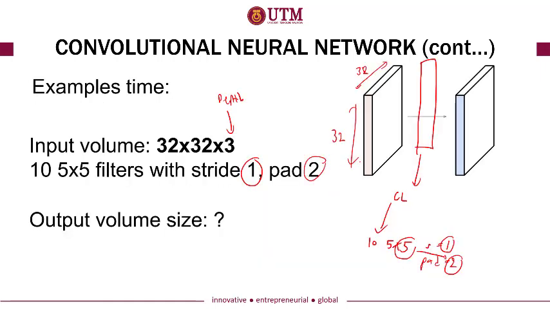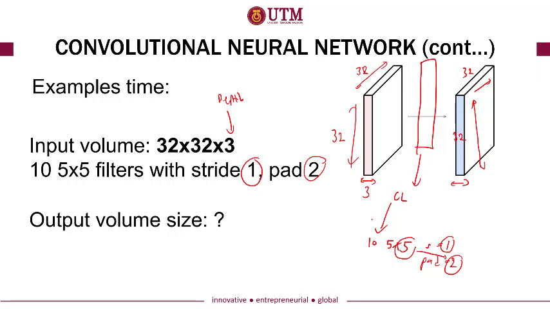So by having 5 times 5, what should the volume of the output be? This one is 32 and this one is 32. How about the depth size? What is the number of the depth size there? Can you get it? This one is 3,